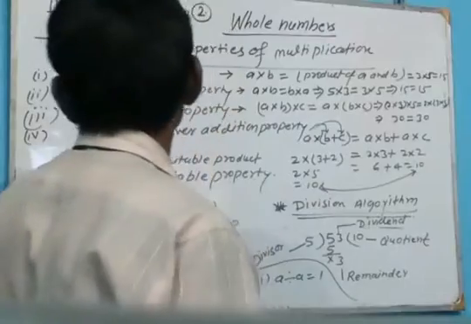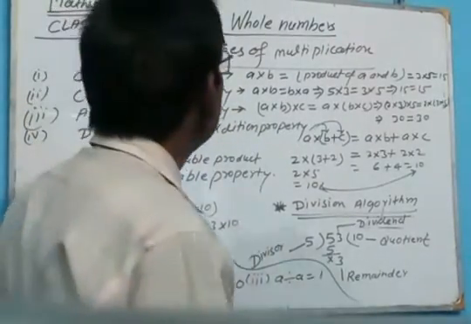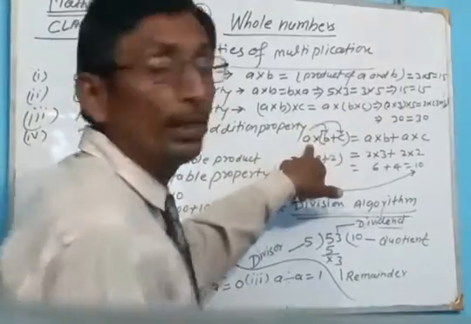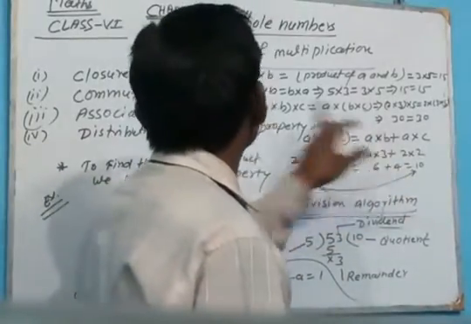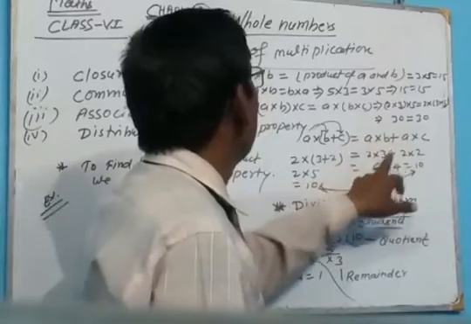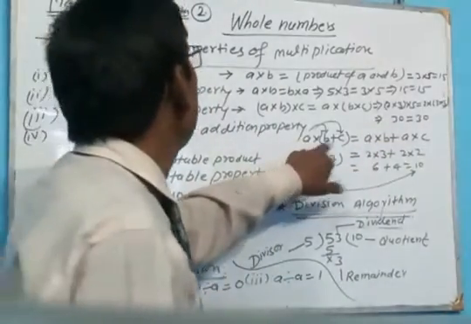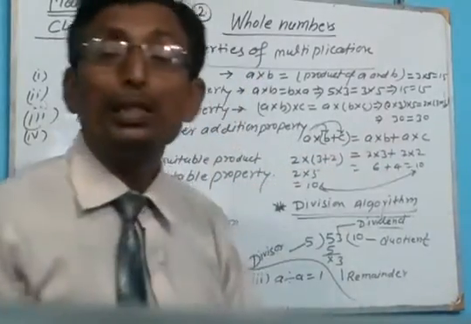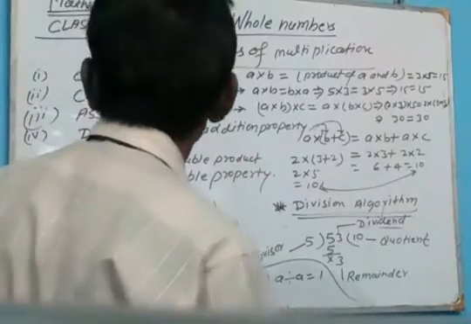This shows the distributive over addition property because we have the addition and we distribute A over it and we have the multiplication, and when we sum it, we find the same result. So we find the law A into B plus C is equal to A into B plus A into C. It is the law of distributive over addition property.